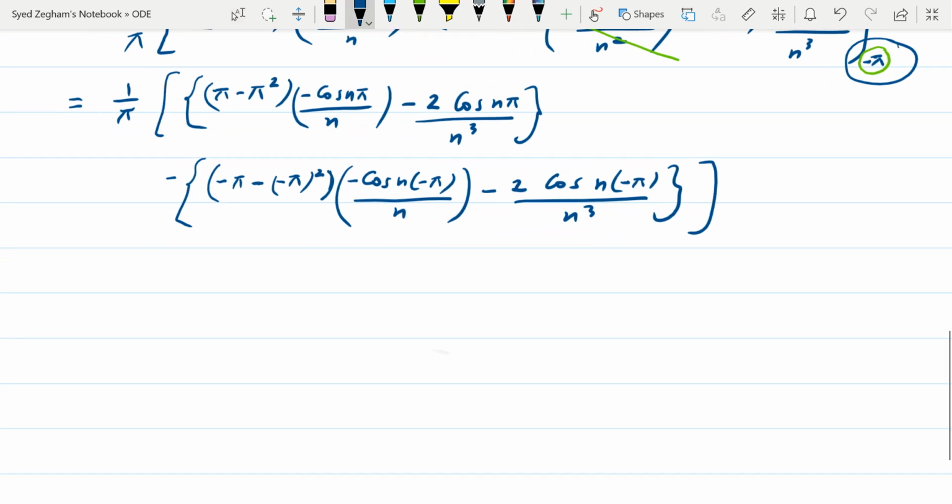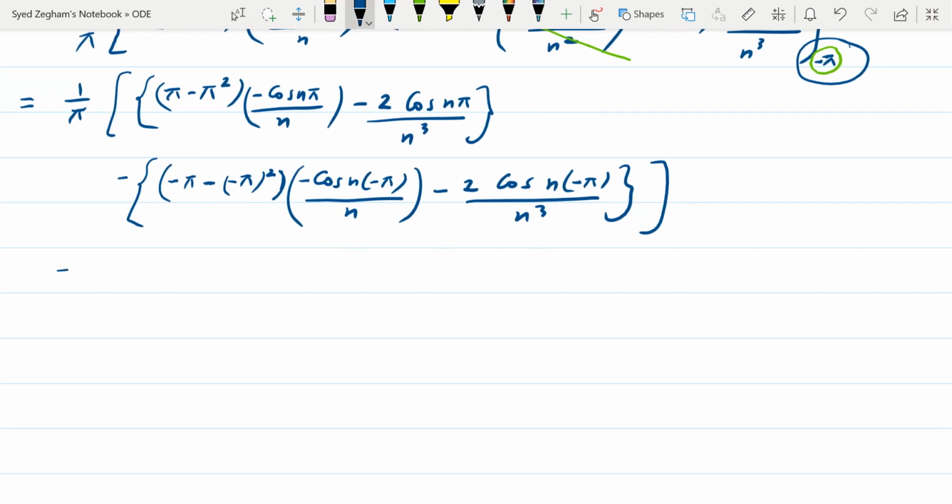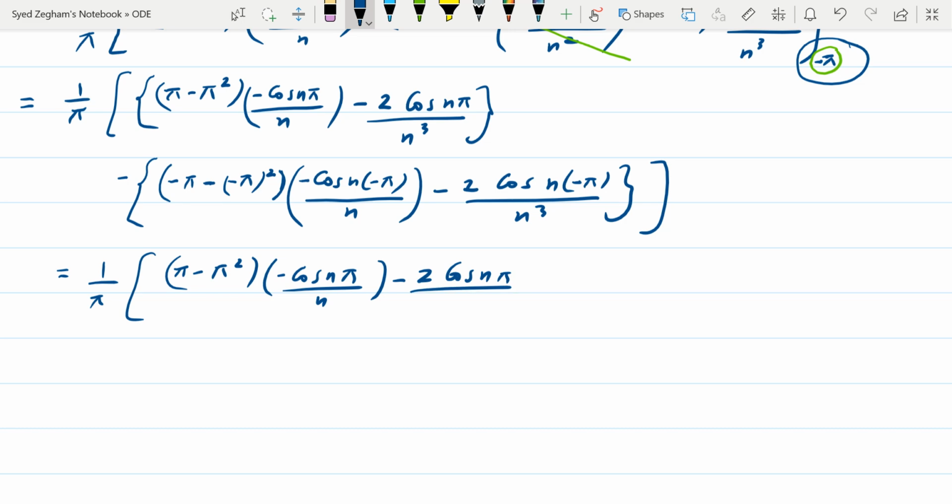This gives us 1 over pi, minus pi square minus cosine n pi divided by n minus 2 cosine n pi divided by n cube, and the second term will be